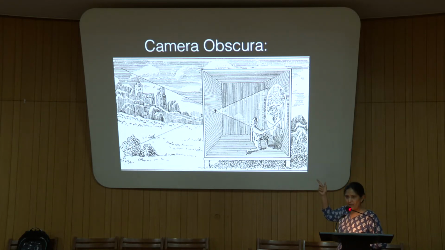That's what happens in a pinhole camera. You get an upside down image, right? So it's upside down, but to get it right side up, all he needs to do is turn it around, right? And he gets a beautiful drawing of the landscape. So this is a device that Renaissance artists used to use. And it's a device that you encounter in your physics class. So that's why